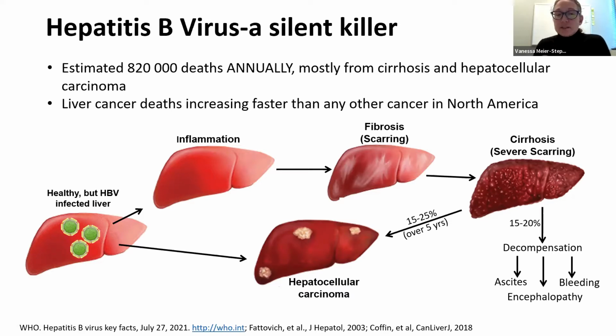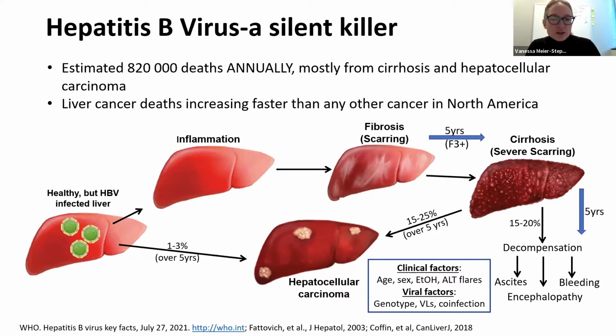Now, unlike hepatitis C virus, where this similarly occurs in that linear fashion, inflammation, fibrosis, cirrhosis, cancer, hepatitis B also has this additional route to causing cancer, and it is able to insert into the genome. And if it inserts into places where there were oncogenes or that sort of thing, you can actually develop cancer directly without having any of these other stages, which makes it even more concerning for being able to follow it and check it and catch it. And this occurs at a rate of 1 to 3% over the course of 5 years for someone with a healthy liver.